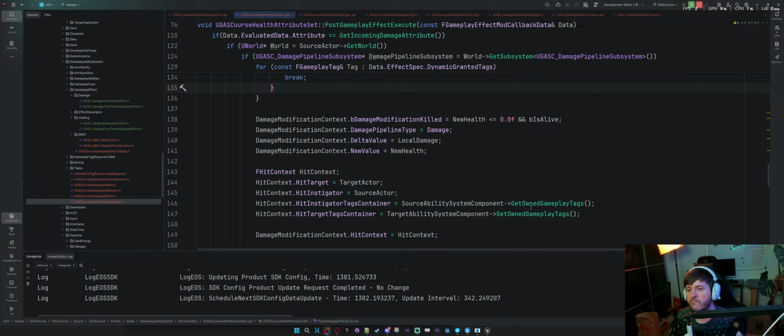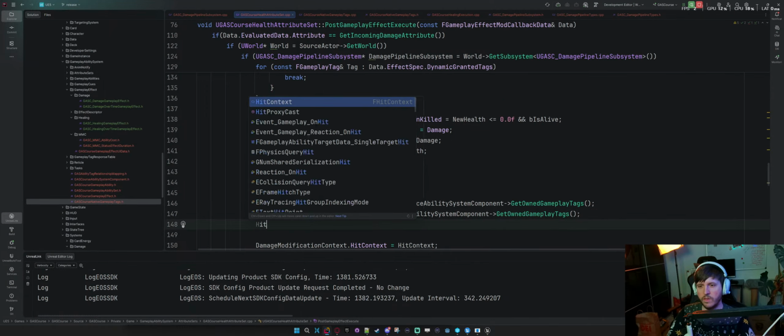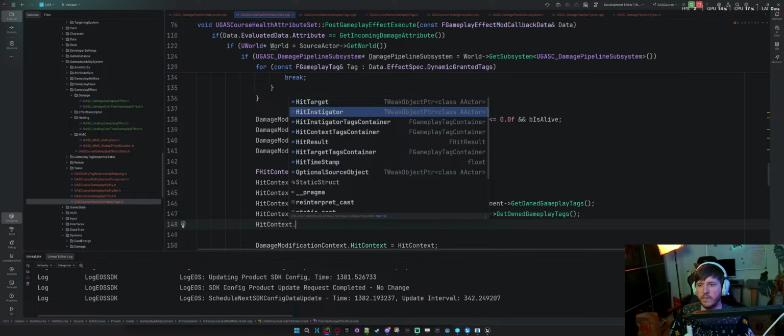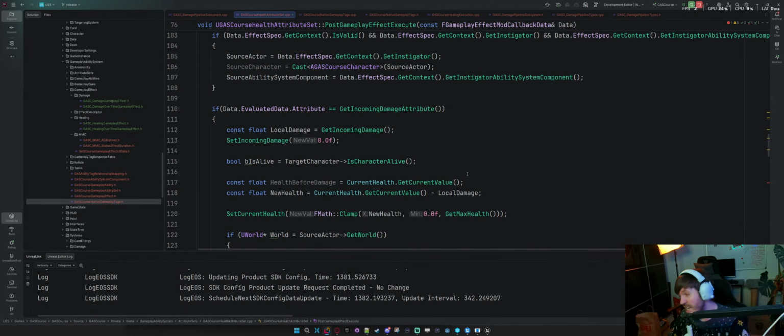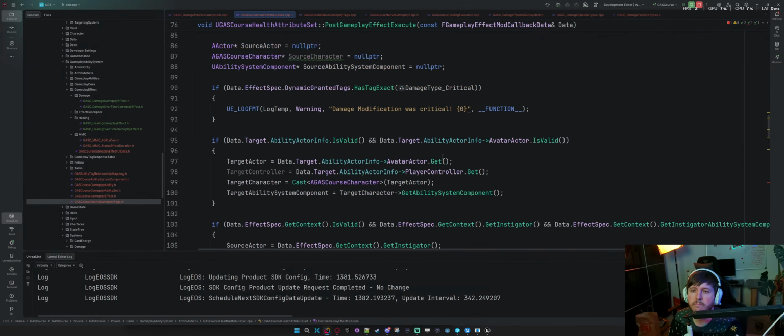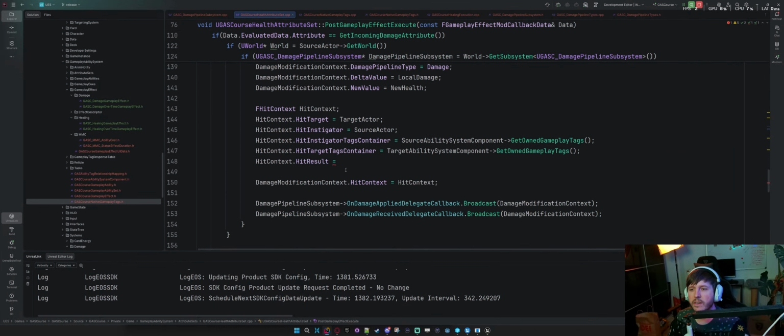So hit context dot, there is hit result equals. Now, do I get any of that information? Do I need any of that information? So there is data at the target, that ability actor info. So what do I get from data, I guess?